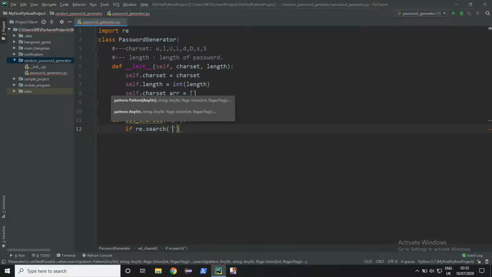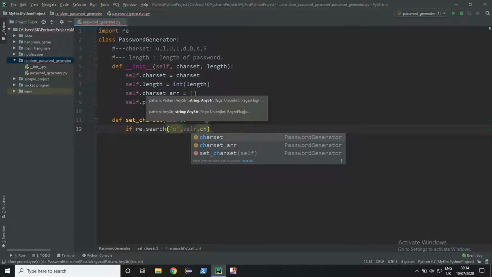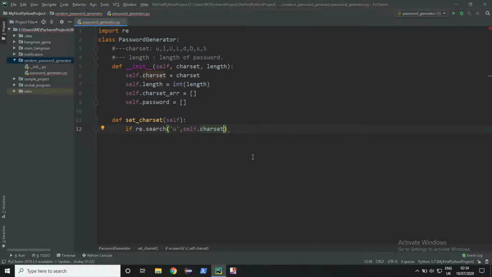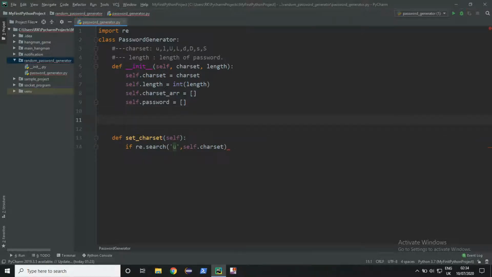Now we are going to search for U, that is uppercase, in charset. That means if the user has entered ULD, now we will search for U in this particular string, that is charset.